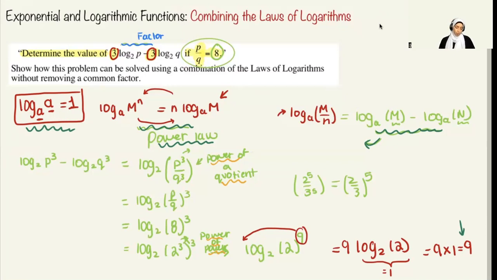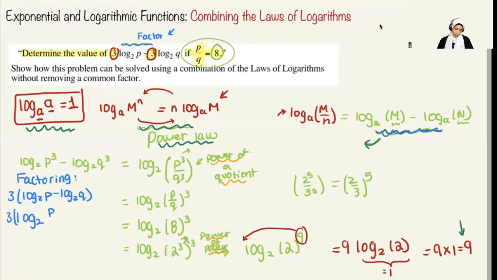I did promise you that I'll show you what it would look like using factoring. It doesn't change much. It's just going to look like this. Let me do it on the side over here. It's going to be 3 log base 2 of p minus log base 2 of q. It does make it simpler though if you use factoring. Remember, we said in earlier maths, if you ever have a chance to factor. So over here, this is using factoring. All right, so over here I factored out that 3, and so it makes things a lot simpler because look at this. Now I can use the quotient law, and I can go log base 2 of p over q,